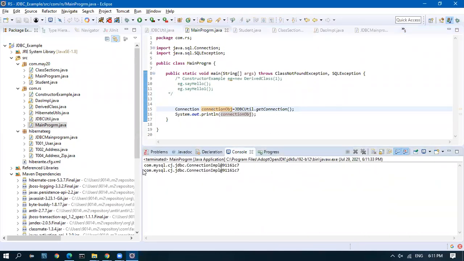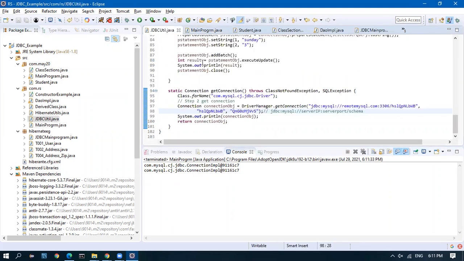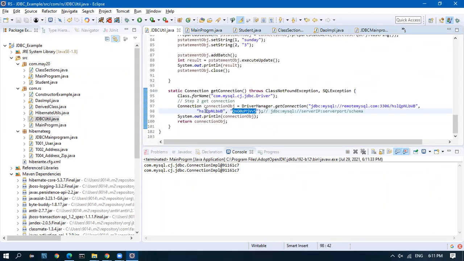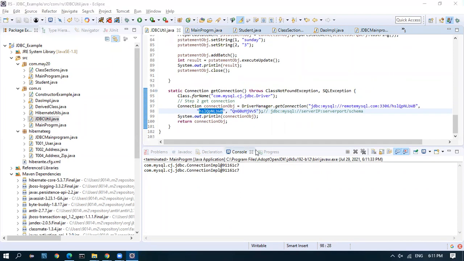Okay, I got it. I got the connection object. What was wrong? The username was wrong. I gave the password as the username. Oh, okay. The username is actually HSL. You pinged the password, right? The username is HSL, right? That's what you have. Yeah, I pinged you back.